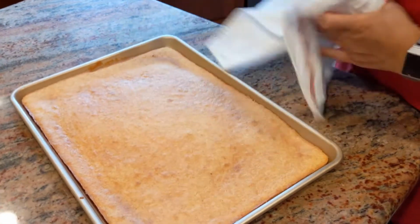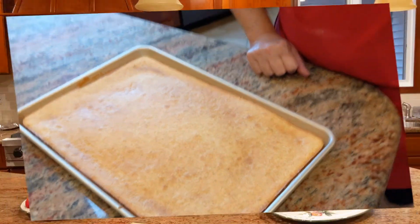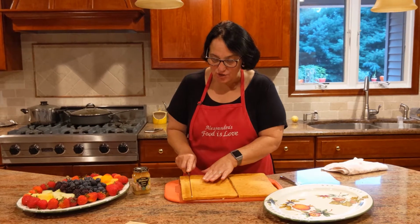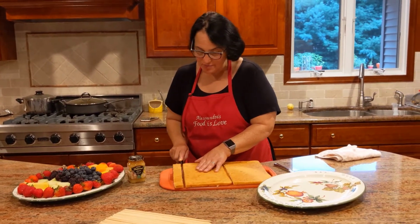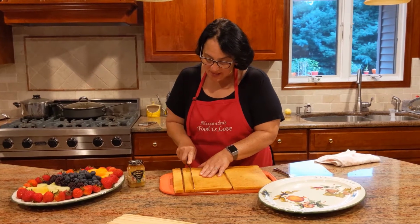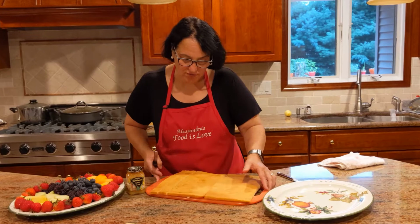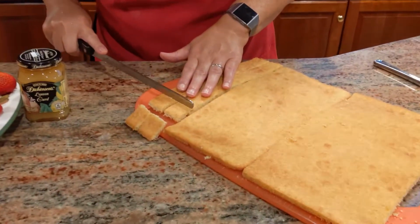Now look how soft it is and wonderful. Okay, now it's got to cool down completely. Everything is cool. Now what I'm going to do is cube the sponge cake in little pieces, okay? And here it is. I just want to show you. So I'm going to cube the sponge cake, and what I'm also going to do